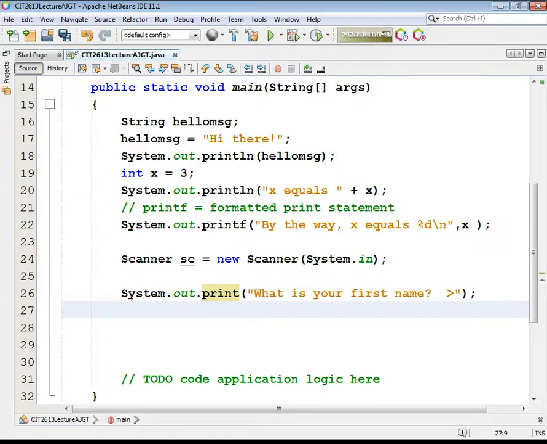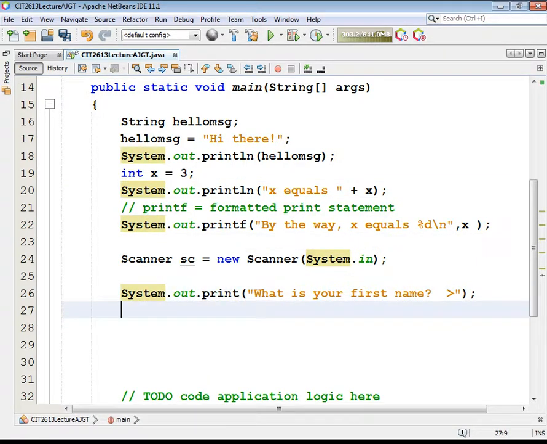All right, now we need a string variable in order to hold their first name. I could declare that up at the top of the method. Some people like to declare all their variables right at the very top. Or I could create it right here on the fly. I'm gonna do that. String space,